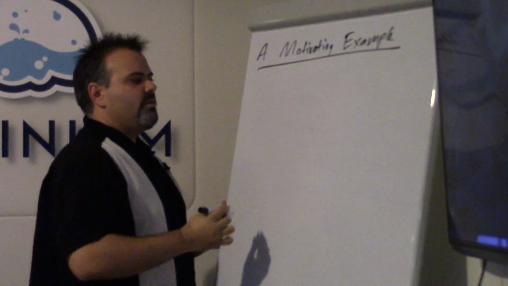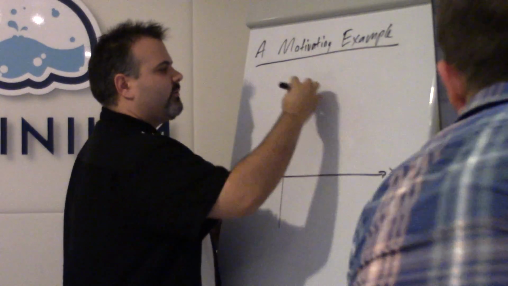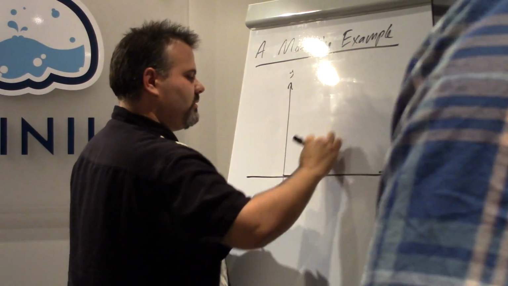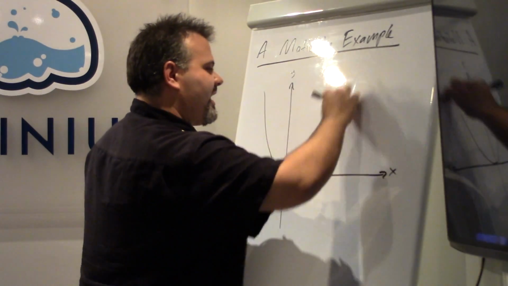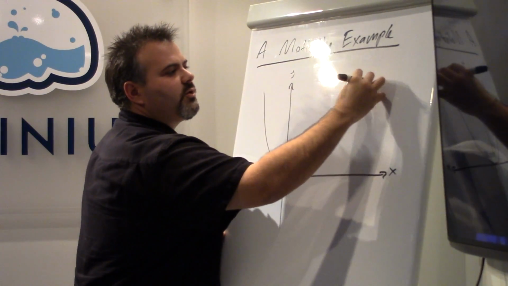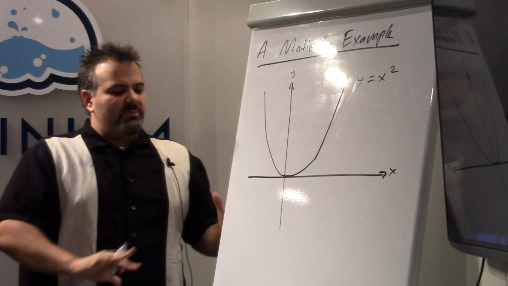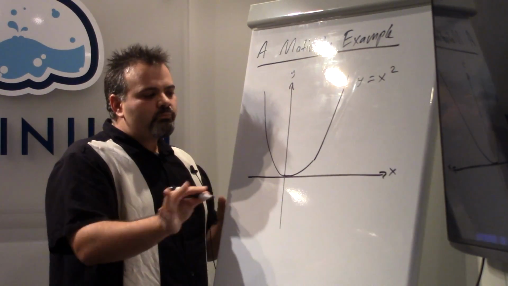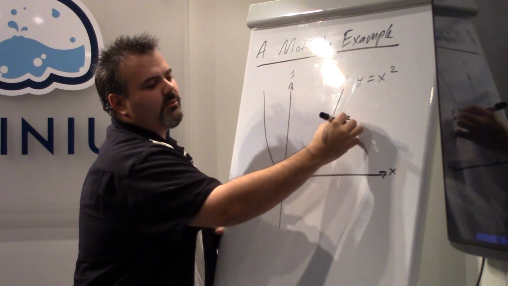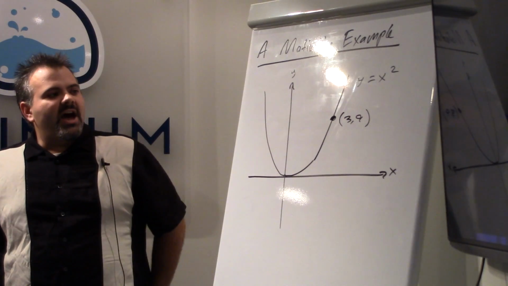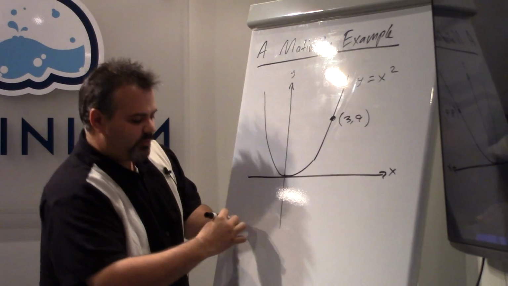Okay. The main problem we want to solve is, if you can imagine the following situation. I have this graph right here, and I happen to know that this graph has an equation: the y-coordinate on the graph is equal to x squared. I bring this up because this is like the easiest non-trivial example. So this goes through a couple of points, and one of the points, it's not to scale maybe, but let's say one of the points it goes through is (3, 9). So the x-coordinate is 3, the y-coordinate, using the formula, would be 9. Right. So the basic problem